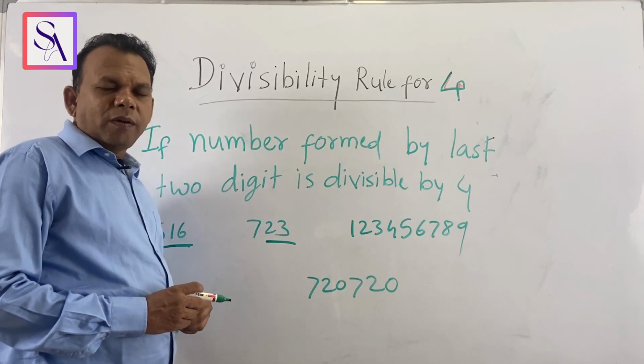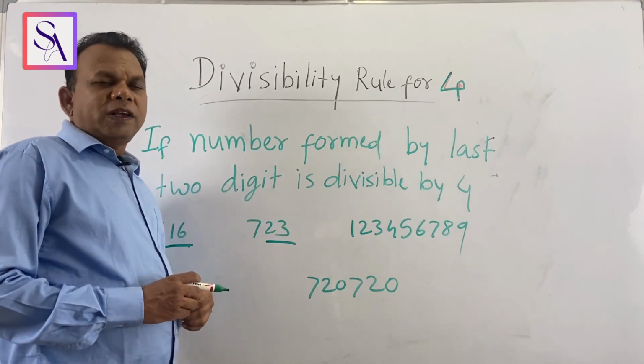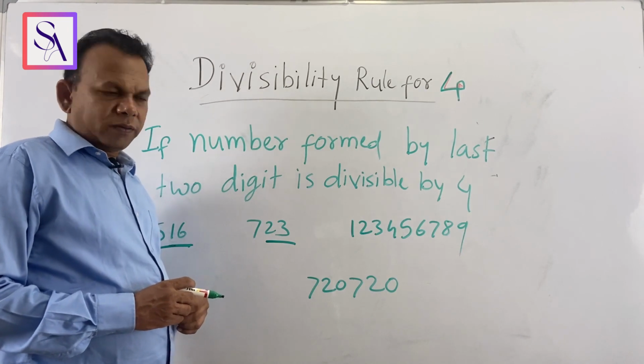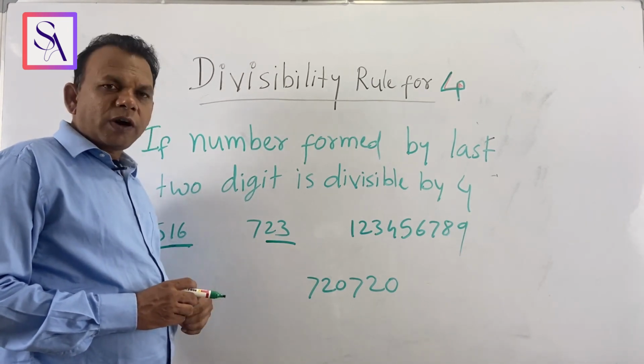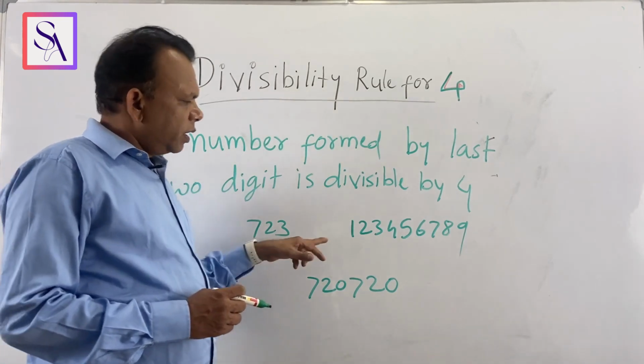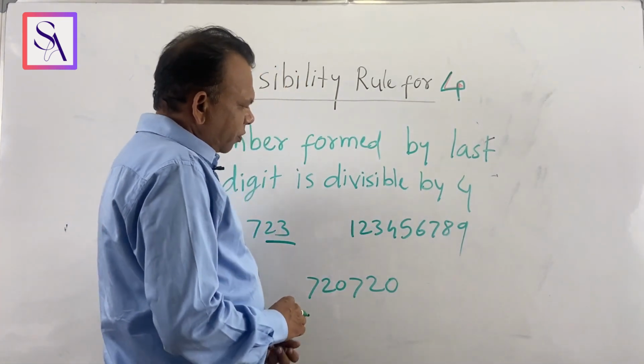23 is not divisible by 4 because 4 6s are 24. It is 23. So 723 is not divisible by 4. Similarly, our number